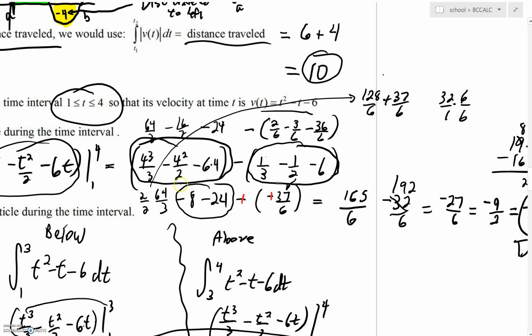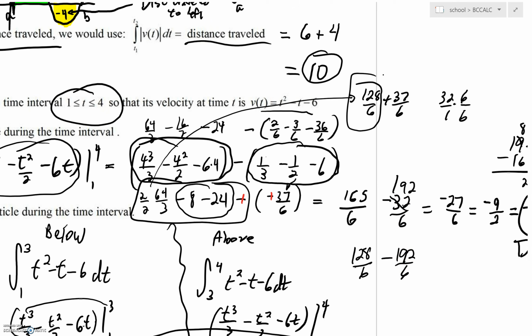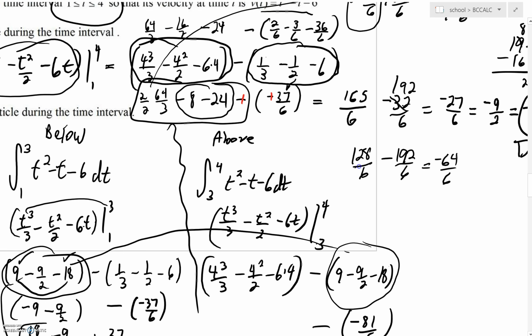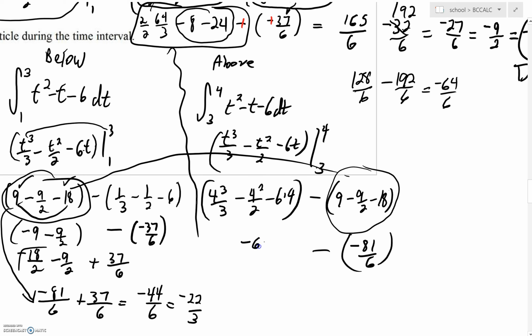Unfortunately, we did some combining, but when you look right here, this 64 over 3, that became your 128 over 6, and the minus 32, like if I just copy that down here, the 32 over 6 was that minus 192 over 6. If I'm not mistaken, I believe that would be a negative 64 over 6. This is all number crunching, really. But where are we going right now? Well,